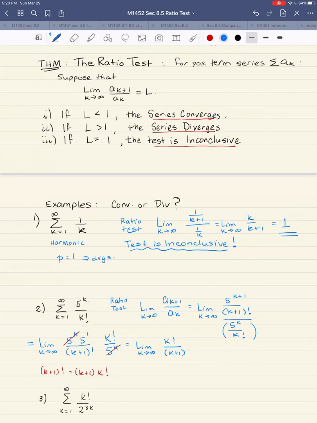Keep that as k factorial, but replace k plus 1 factorial with k plus 1 times k factorial. Now I can cancel, and I take the limit as k goes to infinity of what's left, 1 over, oh, I've got a 5 up here, so 5 over